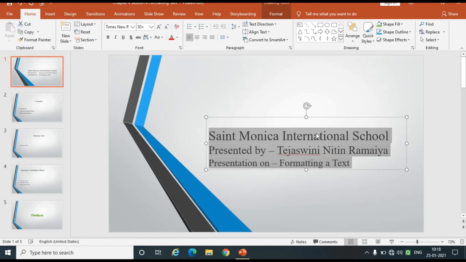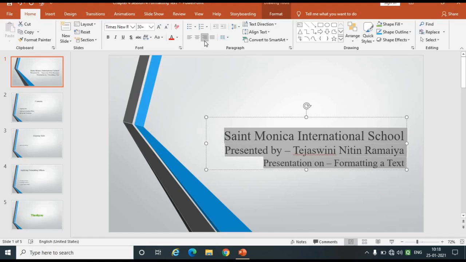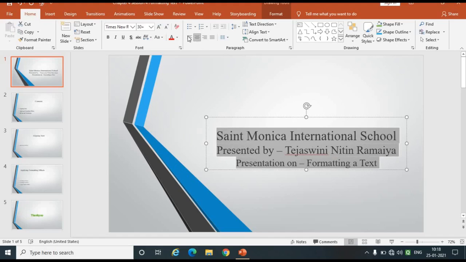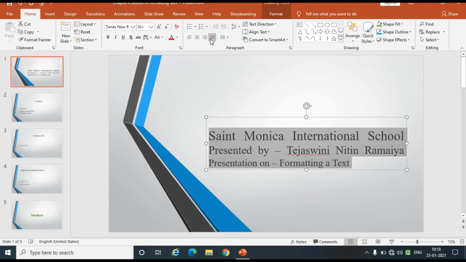First one is left, and this one is justify, where everything is in a line. Then next are right alignment and center alignment. You can apply alignment on your text after selecting it, by going in the Home tab, in the Paragraph group.